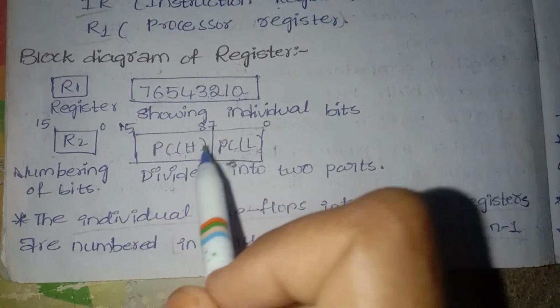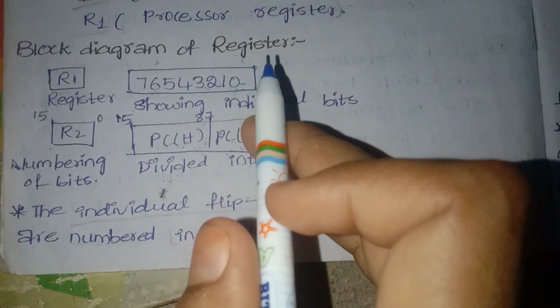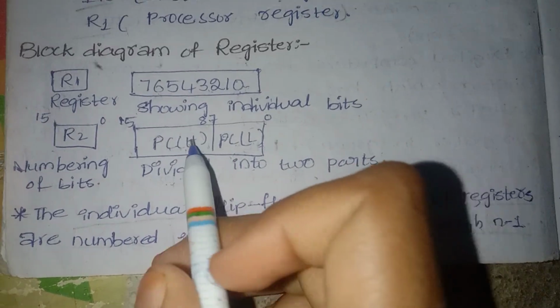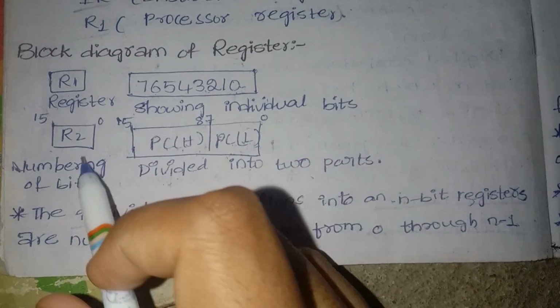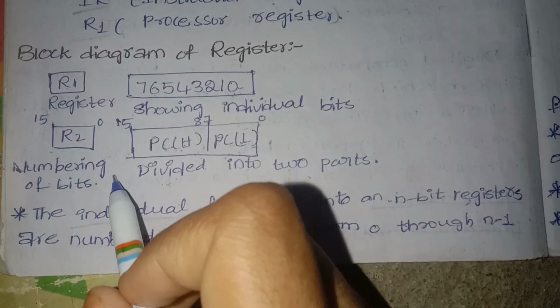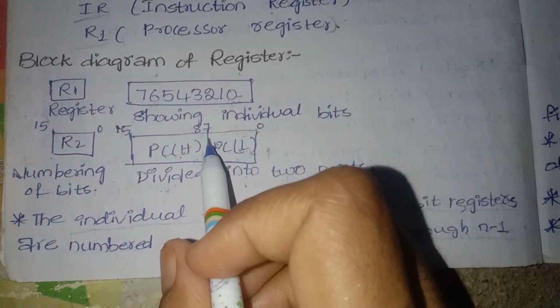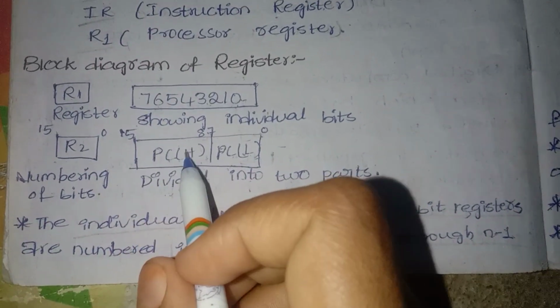So this is a representation divided into two parts. Here we are representing individual bits. It is divided into two parts, 8 and 8, total 16. The number of bits is 16. We have divided it into two parts, 0 to 7 and 8 to 15, again 8 each, total